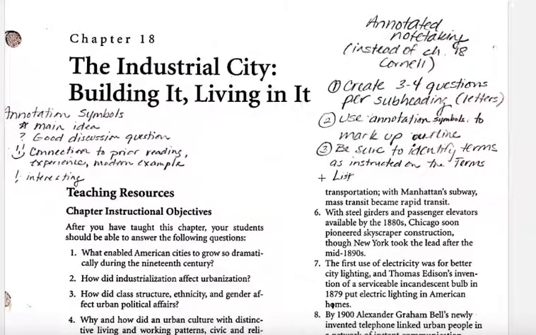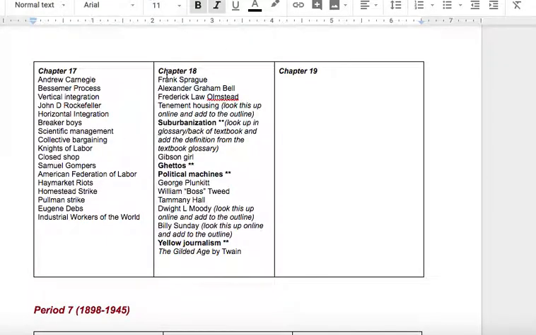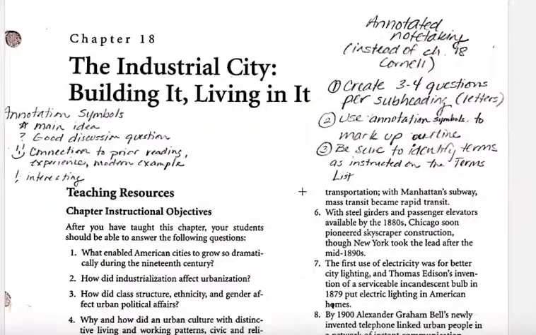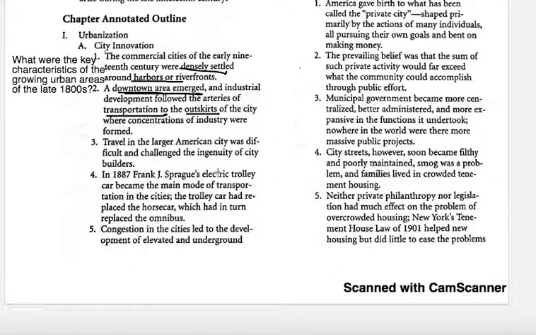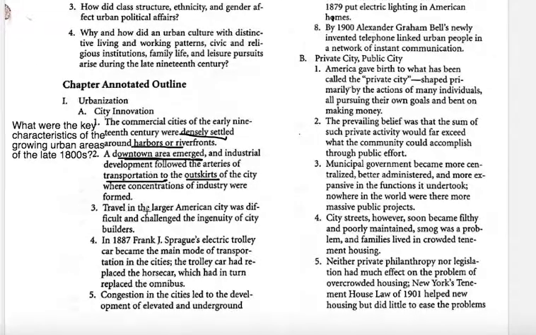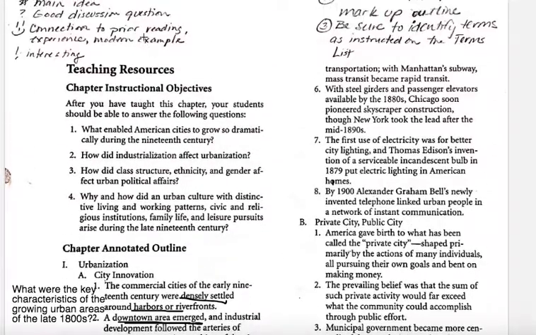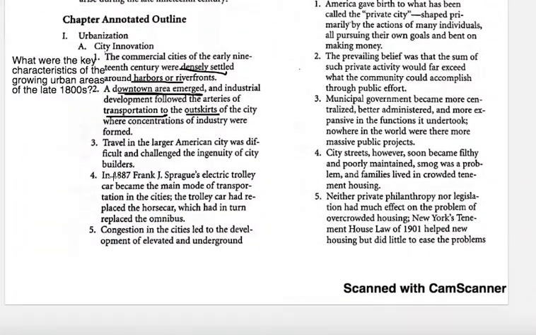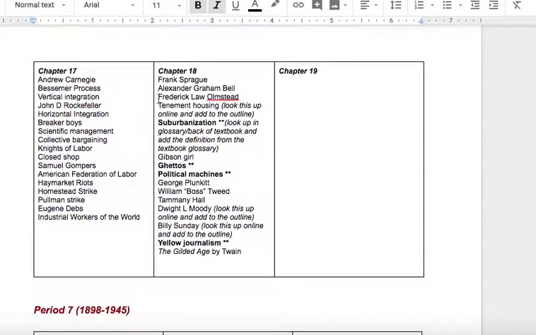It says be sure to identify terms as instructed on the terms list. So if I go back to the terms list, I want to look at chapter 18. Frank Sprague is the first term. So if I go to my outline, I see Frank Sprague here. So either highlight him, make sure you know how he is important. So kind of have your own little system of how you are going to do these things. If you want to do your annotations in one color highlight, that would be great. If you want to do your terms in another one,